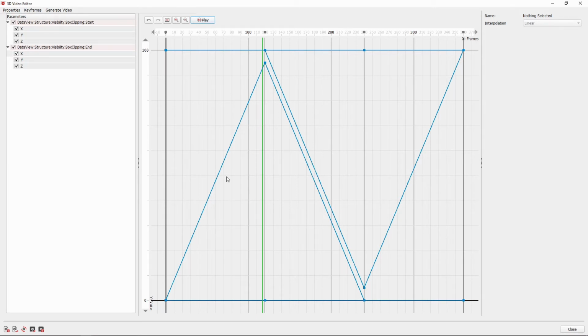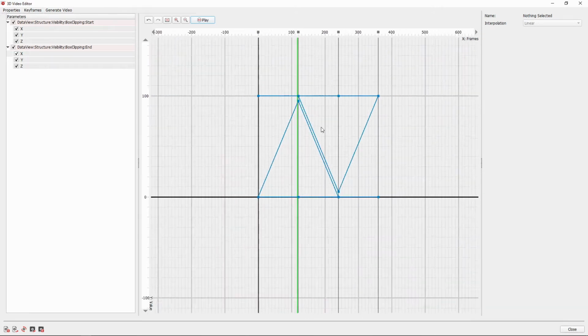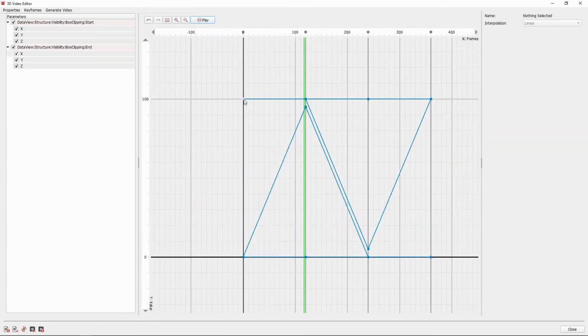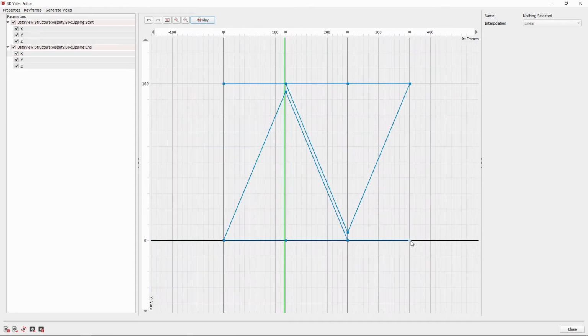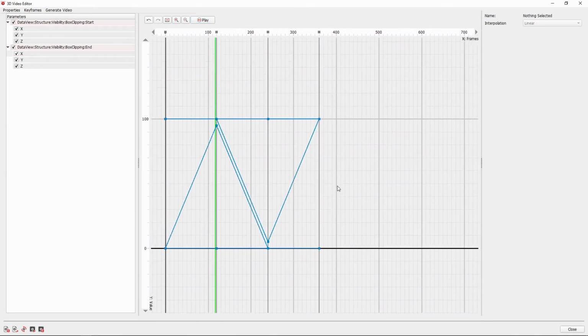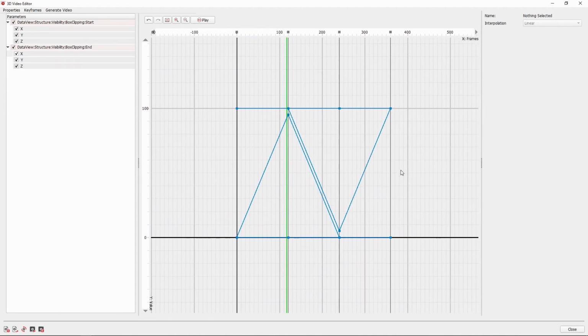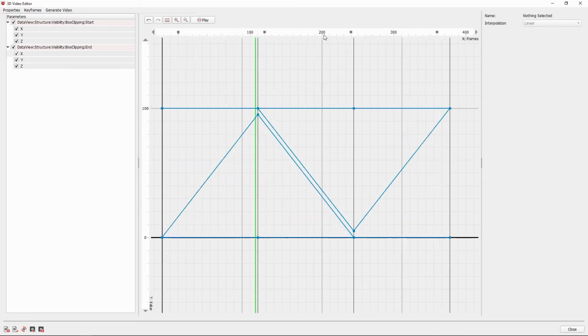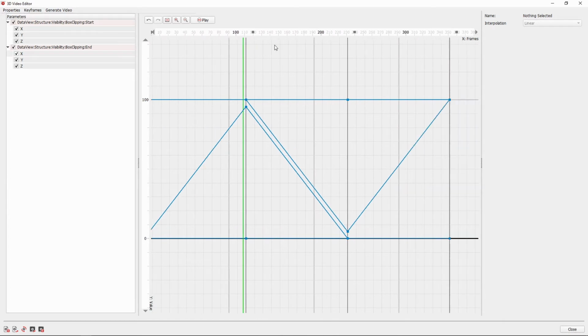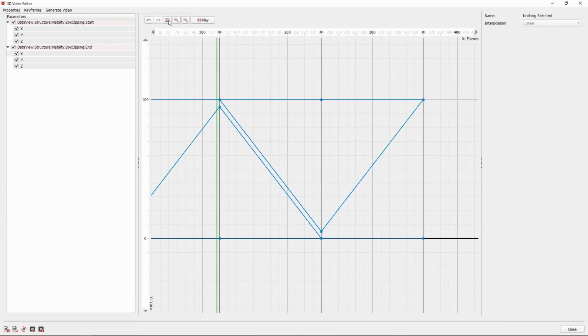I will start with how to navigate in the graph panel. To zoom in and out, use the mouse wheel while the mouse is inside the graph panel. The zoom takes the mouse pointer as its center and will zoom in and out of its position in the graph panel. To move around the view, right click and move the mouse inside the graph panel. If we only want to affect one axis, hover the mouse over the value range of the axis and use the mouse wheel to zoom or the right click to move just on this axis. We center the view back by clicking the Center View button.